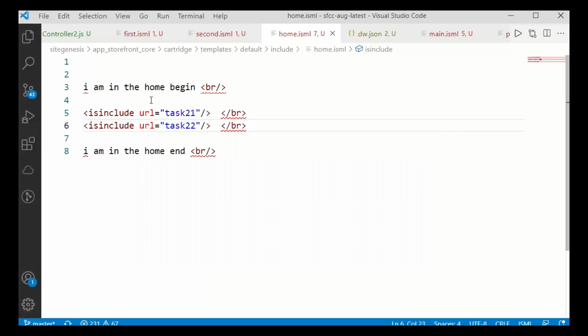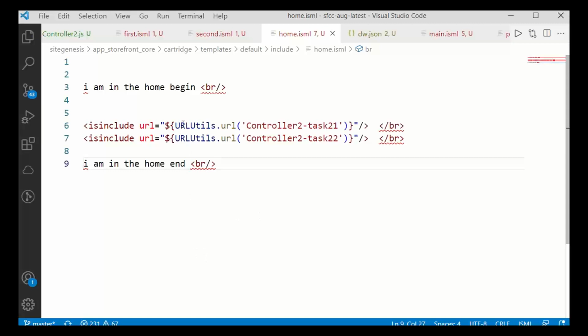Now try understanding. Earlier we were using template. That was a local include. Now we are using URL. It is a remote include. So you need to specify the task name. You are not specifying another template like in the previous we were specifying a template. Now what we are specifying is URL, task 2 1. So we cannot specify straight away here. There is a special syntax. Let me provide.